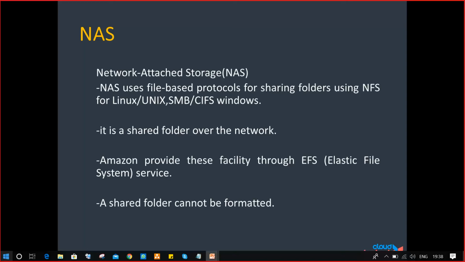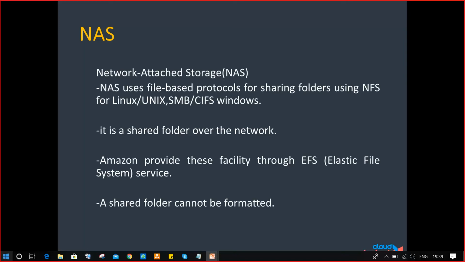So common project files will be shared in a particular shared folder, and you people will be accessing that. Mostly in our offices we use Windows machines or Linux machines. In Windows machines we use NFS, network file share. Okay, network file share for Linux, Unix, SMB file system, CIFS file system, Windows. So there are different types of file systems they will use. Whatever it is, the concept is called NFS, network file share.